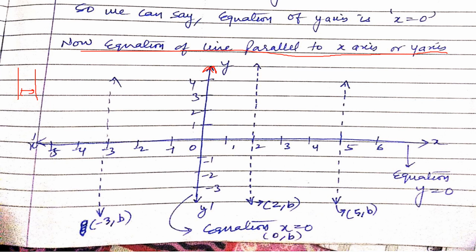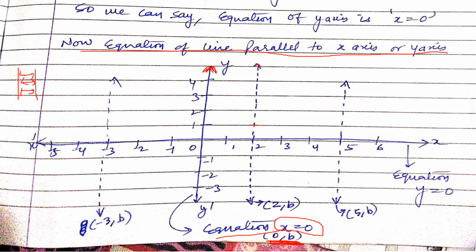You can see they are parallel. They will never ever meet each other. Okay. There are some crossings over there where they meet, but generally the track of a railway line always has a fixed distance between them. So suppose we have found the equation of this line, this y-axis. What is the equation? X equal to 0, and we observe that all the points are of the form 0 comma b. Let's draw a line parallel to the y-axis like this and observe this line.